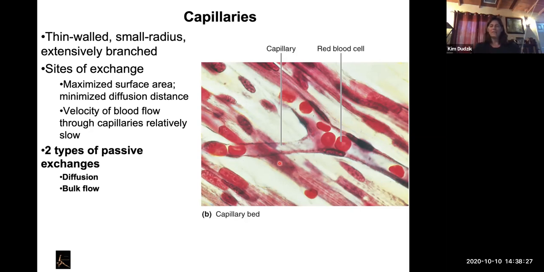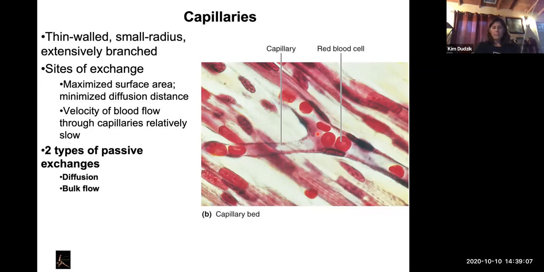It also affects velocity. So by definition, blood should flow through capillaries faster, but it doesn't. And it has to do with not just the cross-sectional area or the diameter of one capillary, but because there are so many all branched off at each other, you can add up the cross-sectional areas of all of these capillaries. When you add that up, the sum total is like a giant blood vessel.